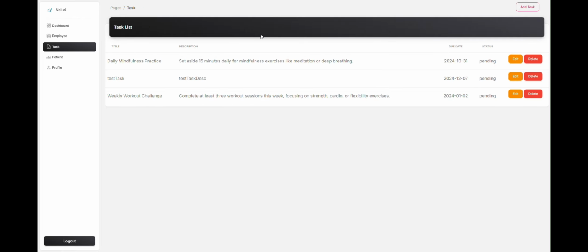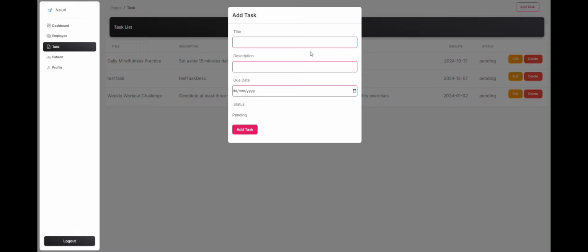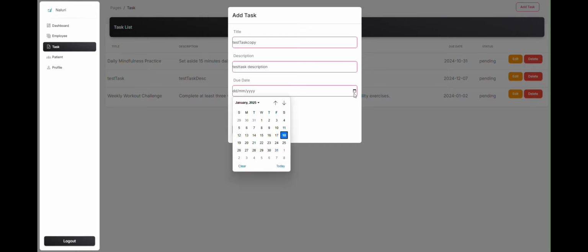For task management, admin can add, edit, and remove tasks, and they can also assign the task to the patient, and then they can monitor the task effectively. Let's say there are three tasks over here, and then we're going to add a task. So this is our add task pop-up. Let's say test task B, and the description will be test task description. And then the due date will be, let's say I put